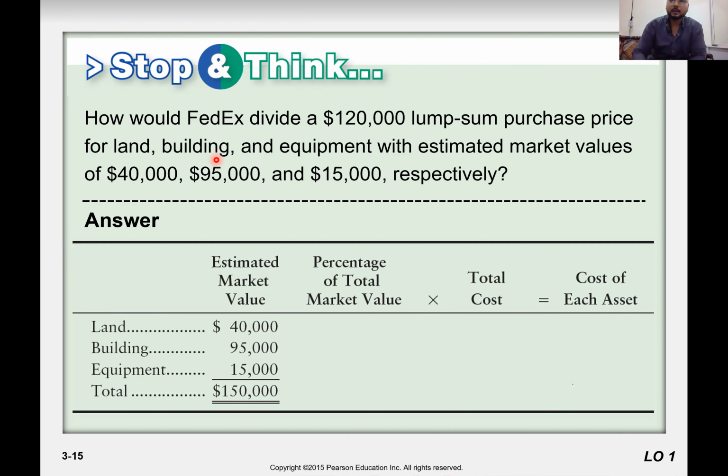They have a market survey and they found out that the estimated market values are 40,000, 95,000, and 15,000 respectively. Whenever there is the word respectively, it means you need to read in the order. Land is first, so land is for 40,000. Building second, so second is for building. Third is for equipment, so 15,000 for the third one. So if you add